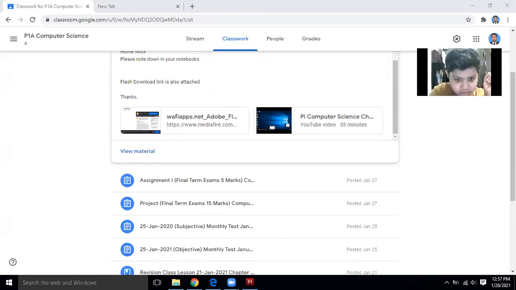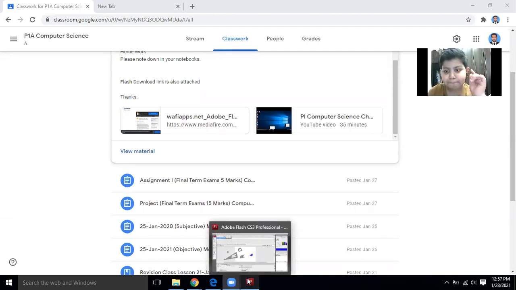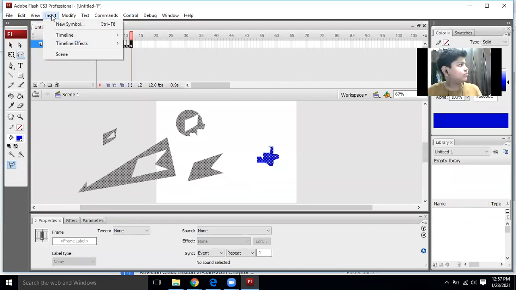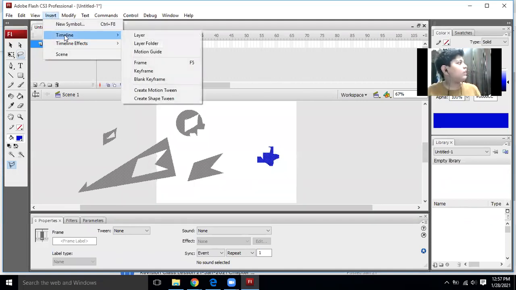Sir, not always when we press F6, the keyframe is there. On my laptop, when I press F6, the keyframe is not there, but when I press Control F6, then the keyframe comes. Maybe some issue is there, but I have told you the normal command that works, and I am showing you the live example over here.